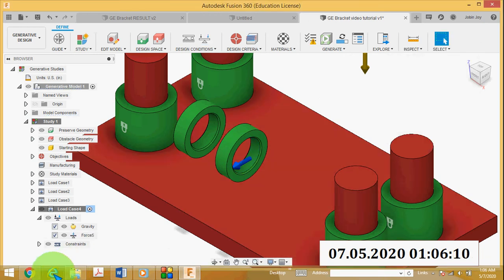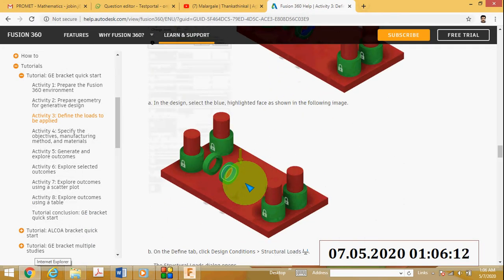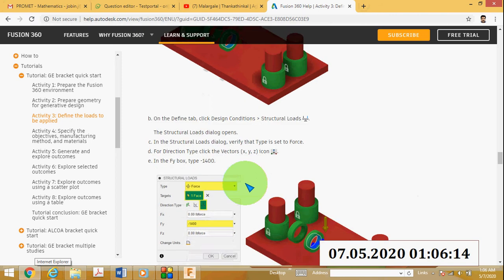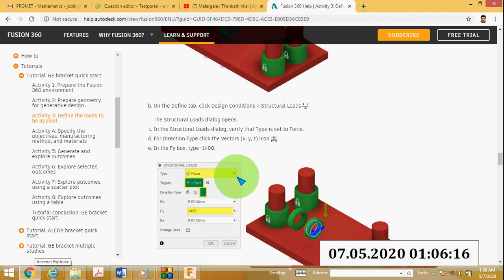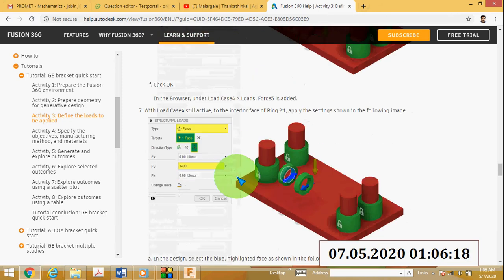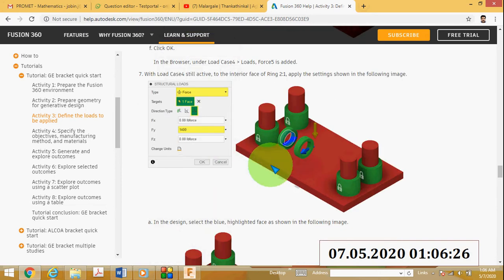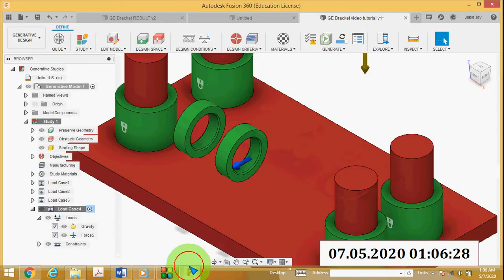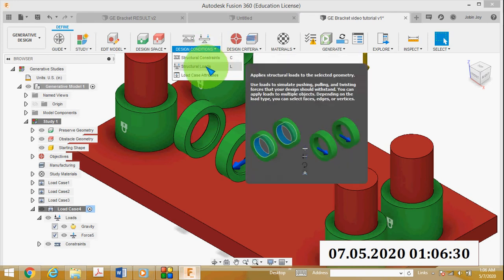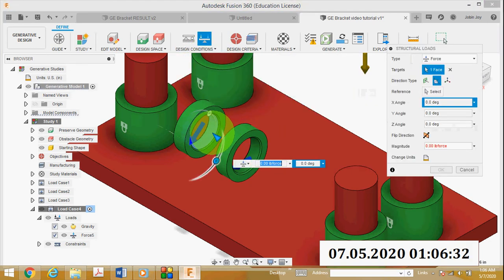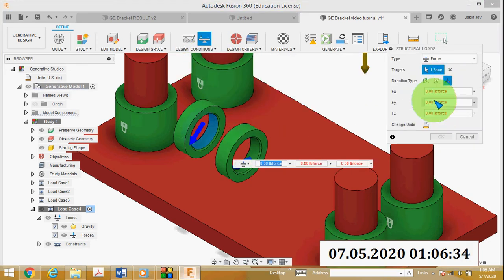Then click OK. Then next, again go to structural load, select this other face, and the Fy value is 1400. Then click OK.